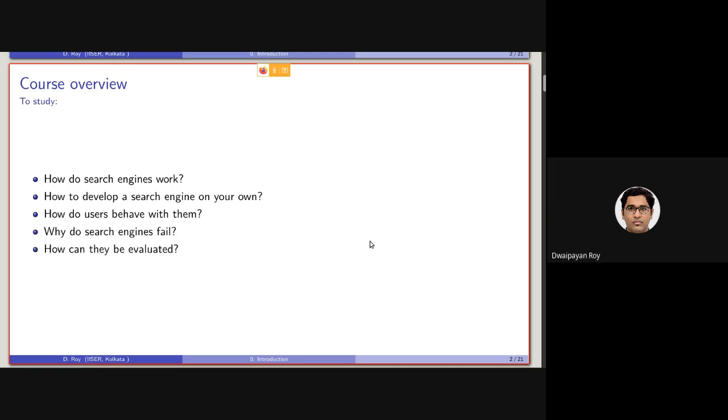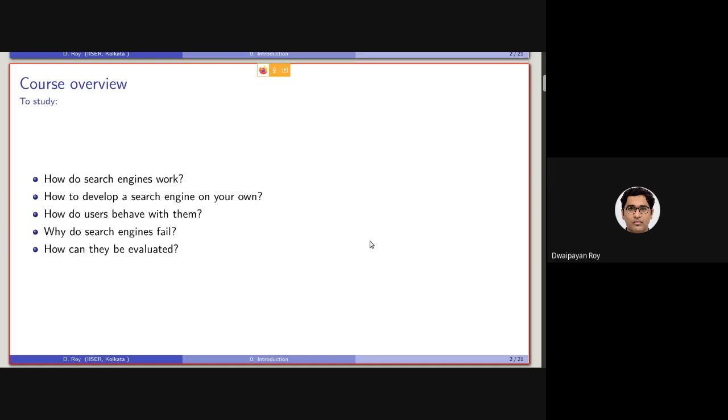Another topic which will be discussed is how to evaluate the performance of a search engine. Let's say we have searched with the same query in Google as well as in, say, DuckDuckGo.